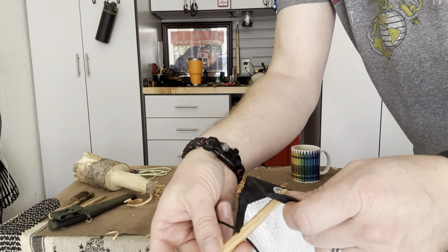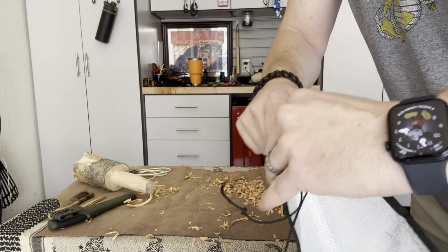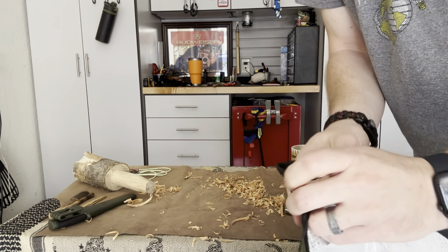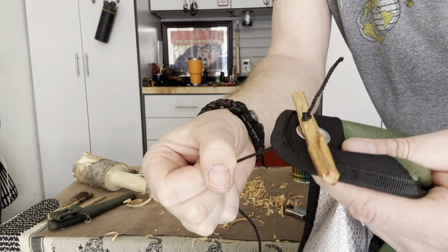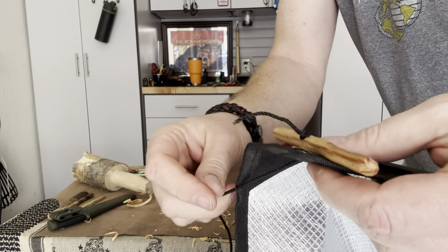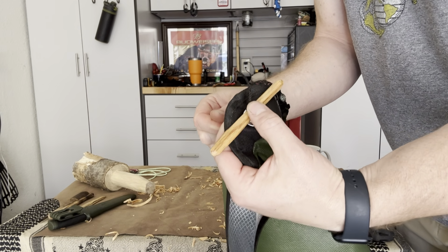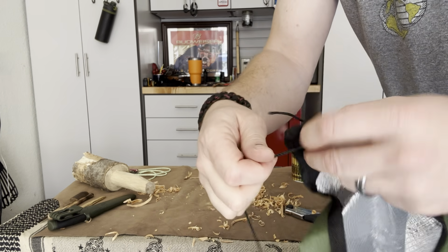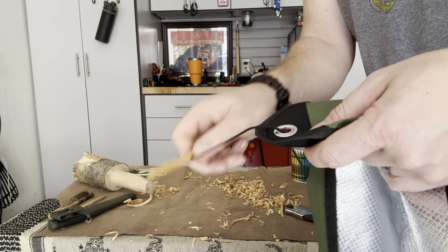How we're gonna use this toggle, we're gonna slip it through. This is just a little big, gotta work it in there. And then we can tie this out, and this pressure is being distributed. These grommets are really cheap on this tarp. I have to replace those. So you see now that this is pulling on the whole grommet, or at least half the grommet, and not just pulling on the bottom half here. So that's one way we can use these toggles to hold our tents out instead of tying to our tarps